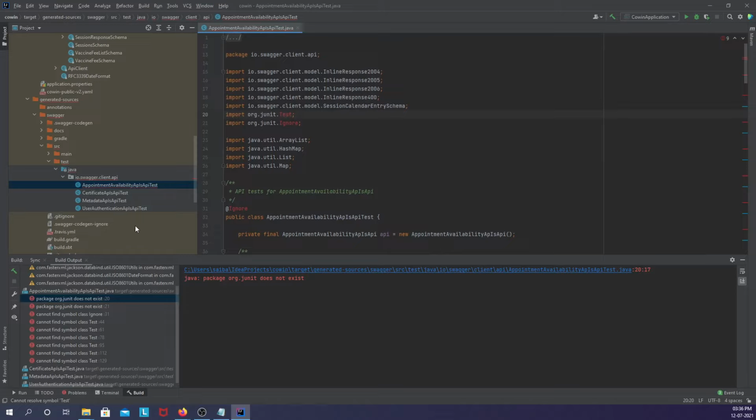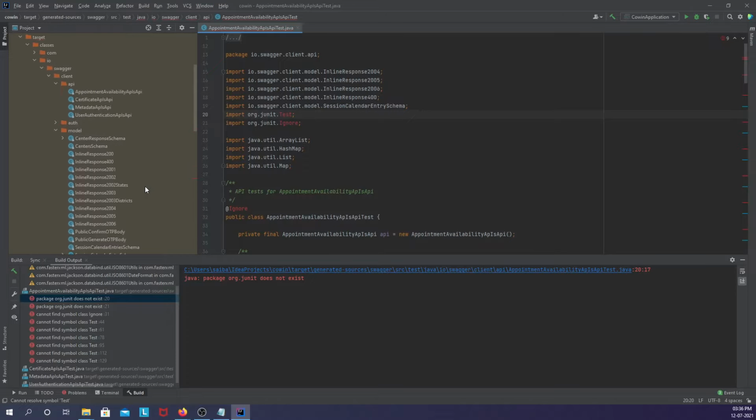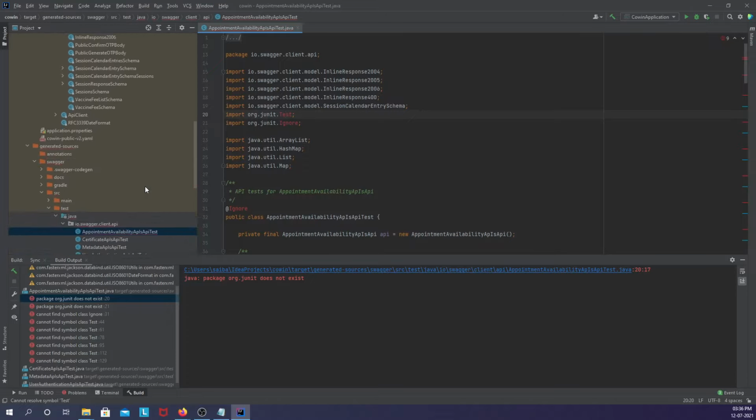But these are the automatically generated test classes for the APIs that we have created. For the purpose of this demonstration, we don't need these tests, so we can skip generating these test classes altogether to get rid of this error, or we can solve it by including the JUnit dependency.